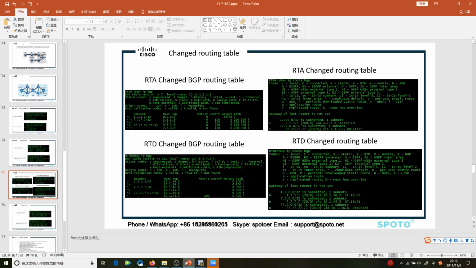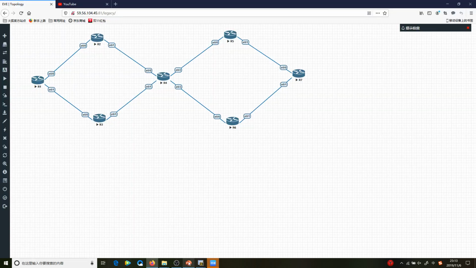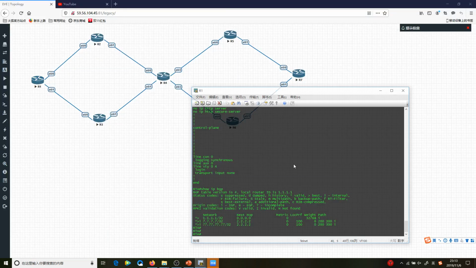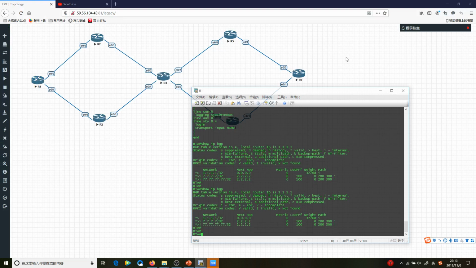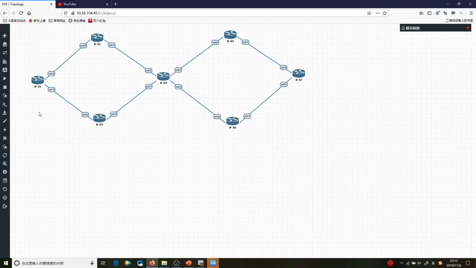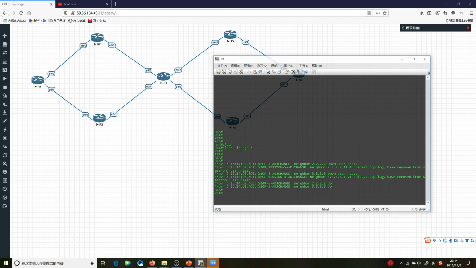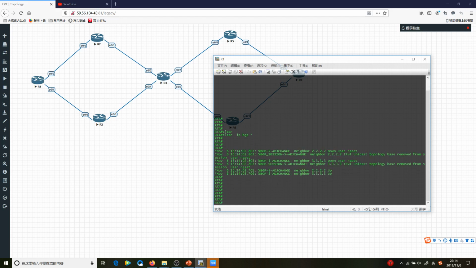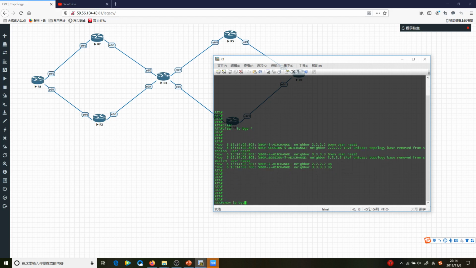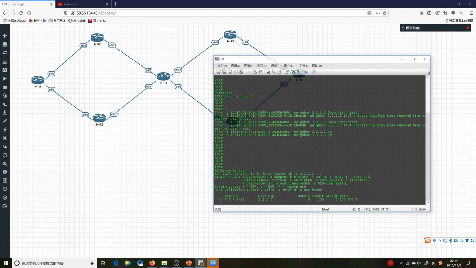So we can go back to check it again. So for the R1, it just can't establish the neighbor. So we try to clear it again. Clear IP BGP. Okay, so it has established the neighbor, so we use the command show IP BGP